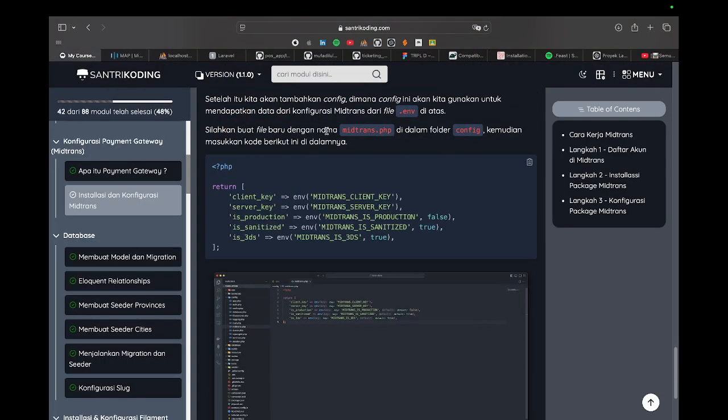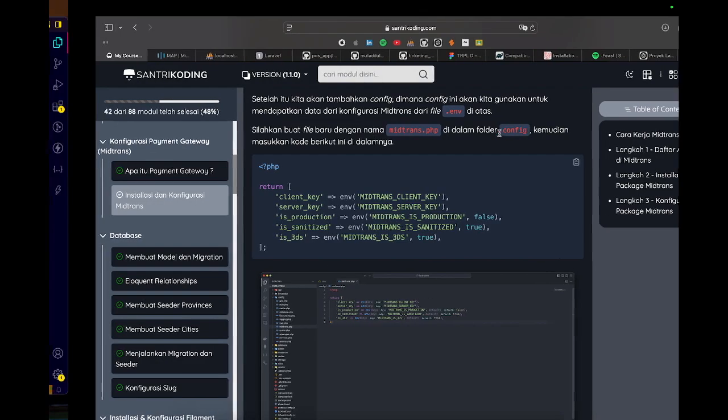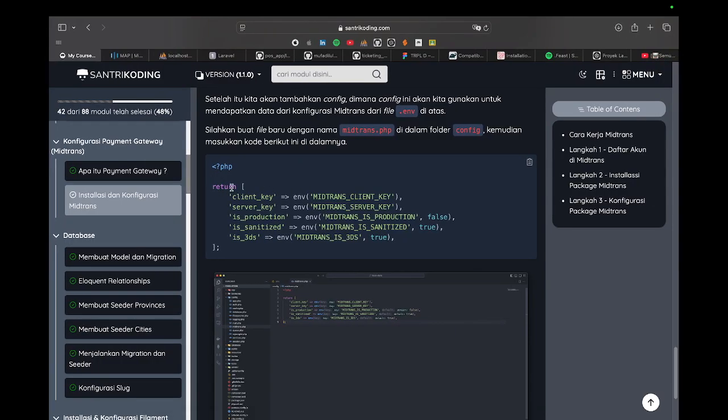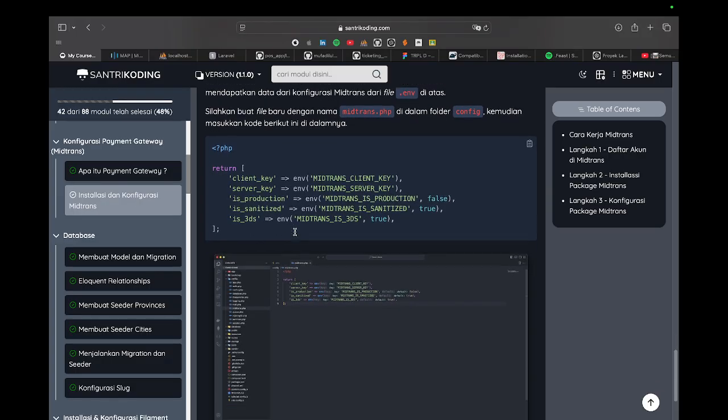We build a new file named midtrans.php in the config folder, like Raja Ongkir before, but this is to get the client key and server key from env. It's all in env.